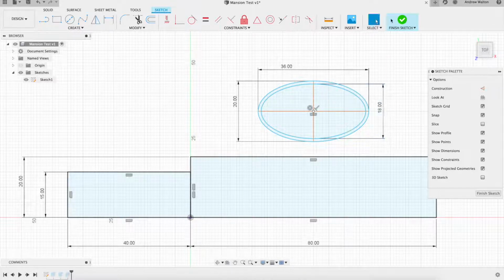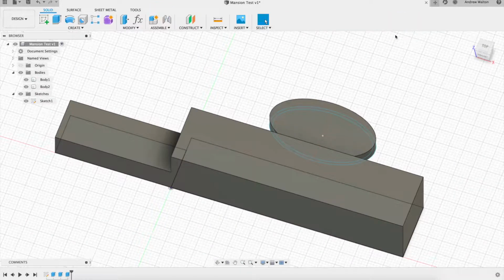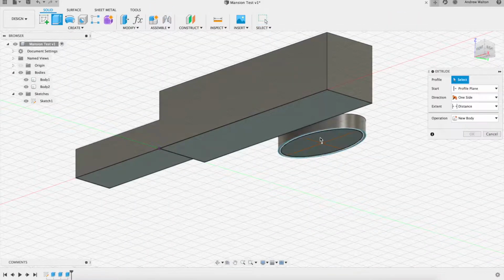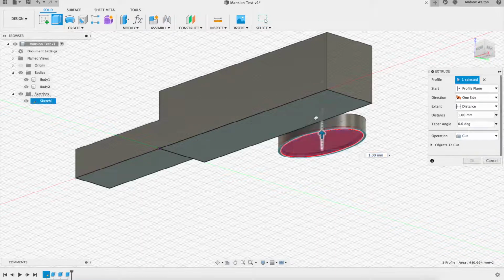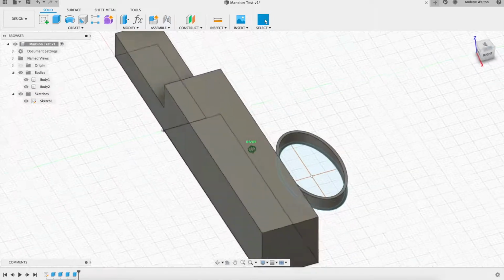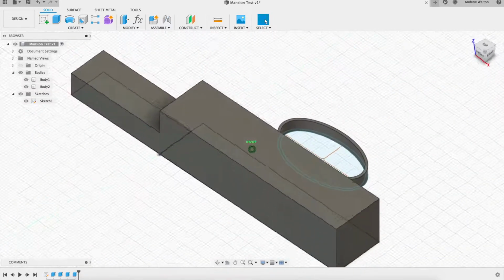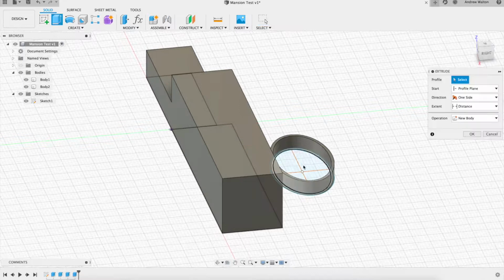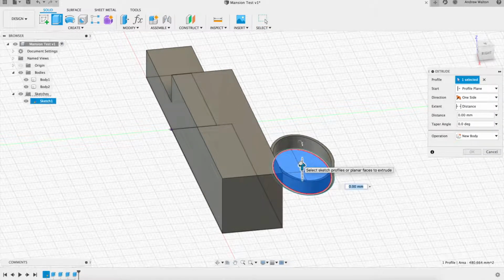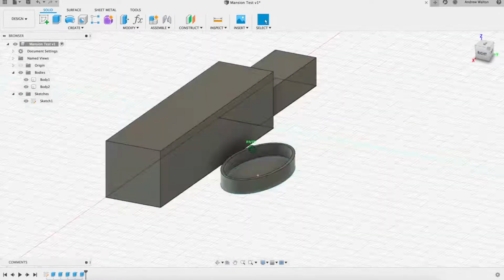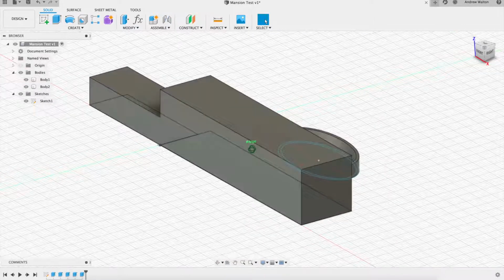Great. And finish sketch. Now I have something I can grab, so if I rotate underneath, I can go extrude that, and I can cut it all the way out and change it to cut. Great. I've got a pool that's got a pool wall. It doesn't have a base in it though, so I'm going to extrude that one more time and just bring that up 1. Alright, so now I've got a pool with a base and a house with